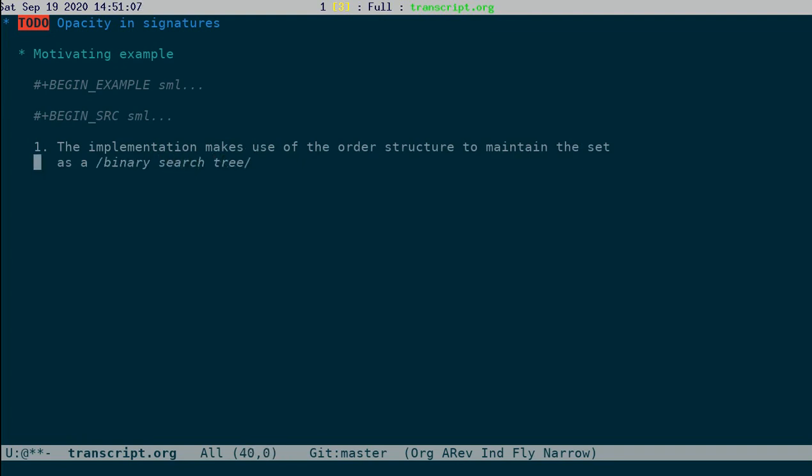Which means that if you take any node, its left sub-children are all smaller than it, and the right sub-children are all greater than it. This BST property is crucial for the correctness of the implementation.